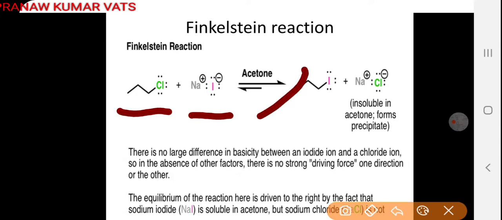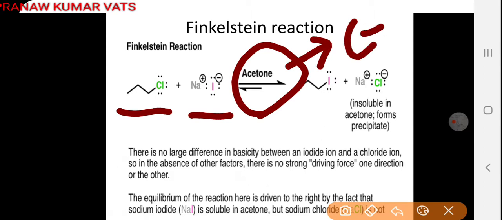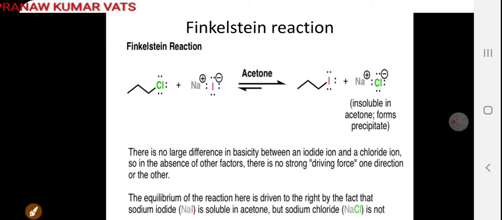This sign indicates an equilibrium sign. We all have studied this in class 11. But you can see that the length of the arrow towards the product side is more and the length of the arrow towards the reactant side is less. It means the rate of forward reaction will be more than the rate of backward reaction. So there will not be exact equilibrium. Reaction will go in both directions, backward as well as forward, but equilibrium will not be established. Why will equilibrium not be established? Because the rate of forward reaction is more and the rate of backward reaction is less.